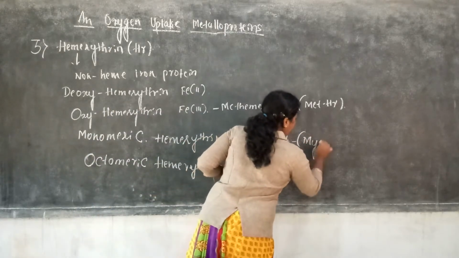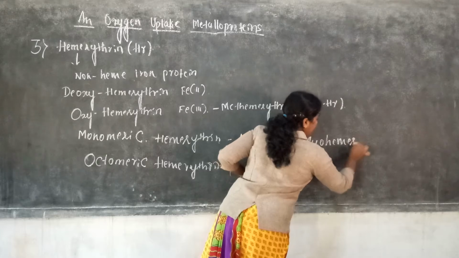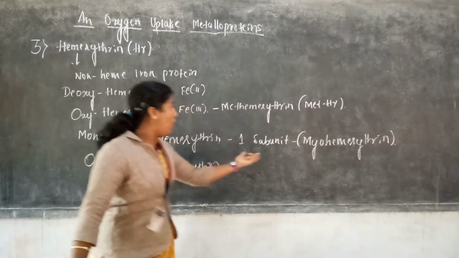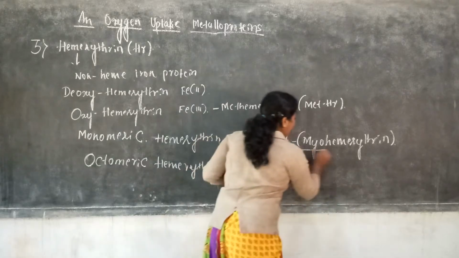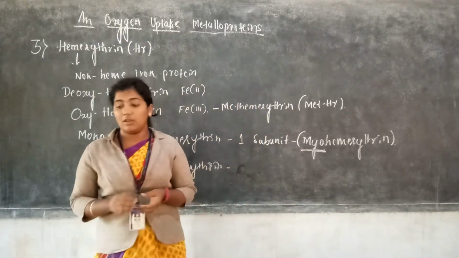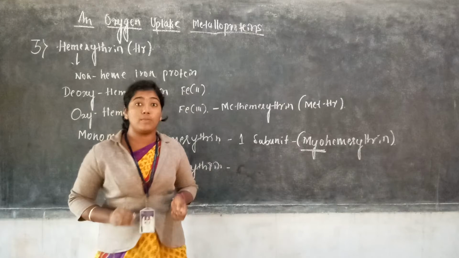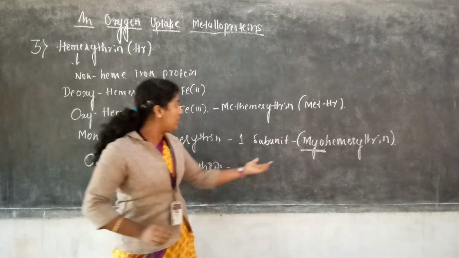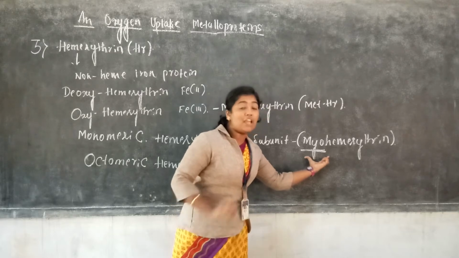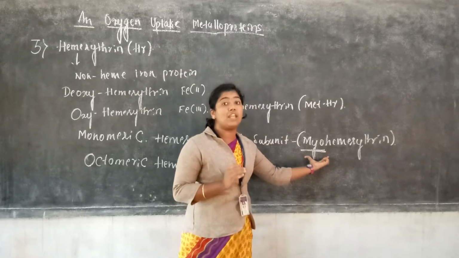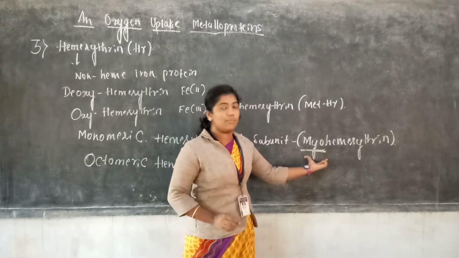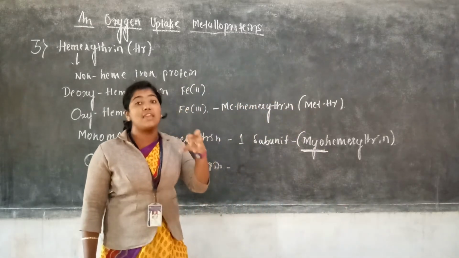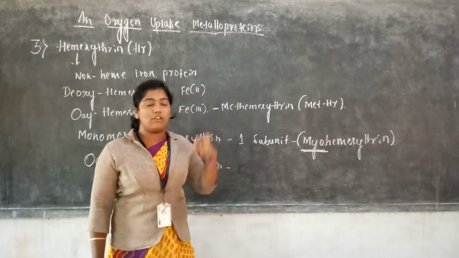So here we observe the prefix is myo. In the previous class we discussed myoglobin. Myoglobin is used for storage of dioxygen. So here, myohemerythrin is also used for storage of the dioxygen present in invertebrates. So here, myo refers to the storage of dioxygen in living organisms.